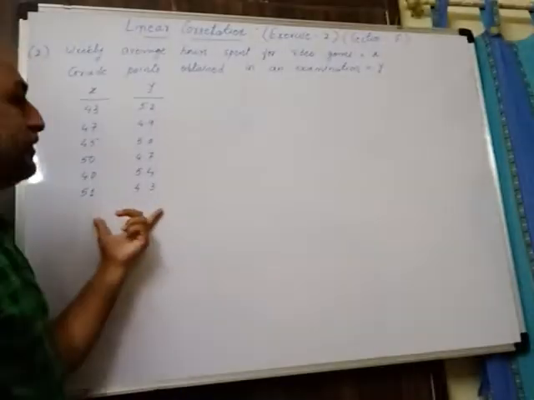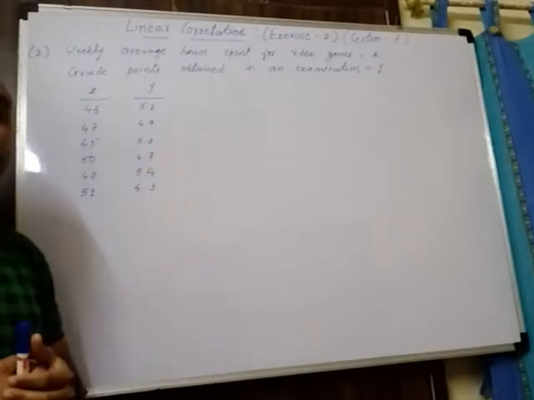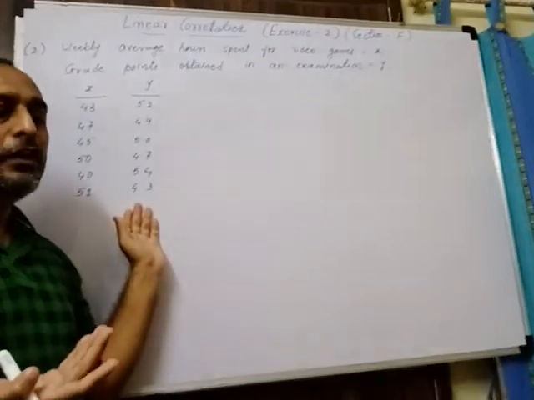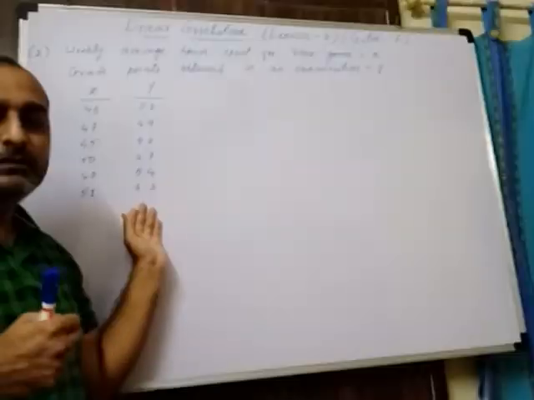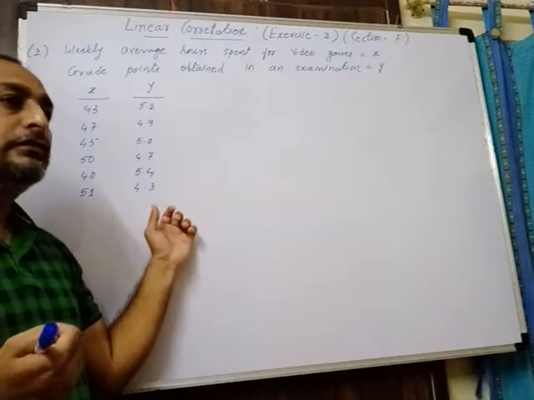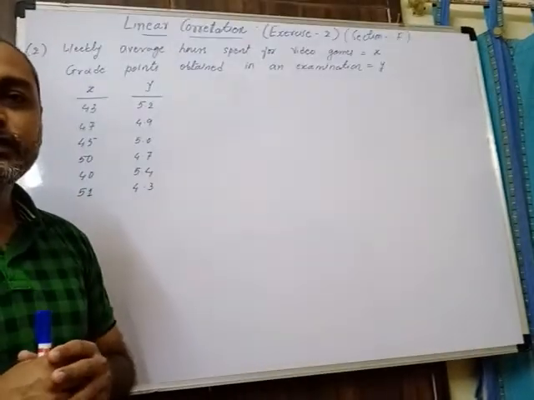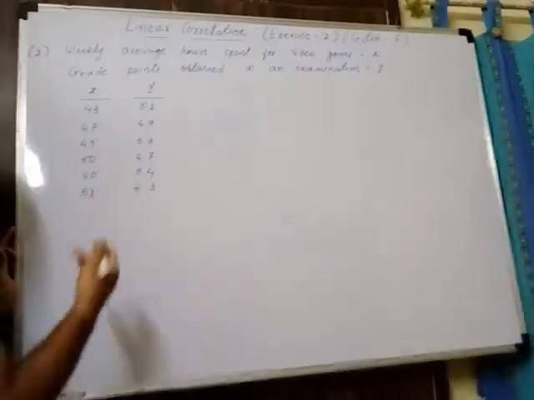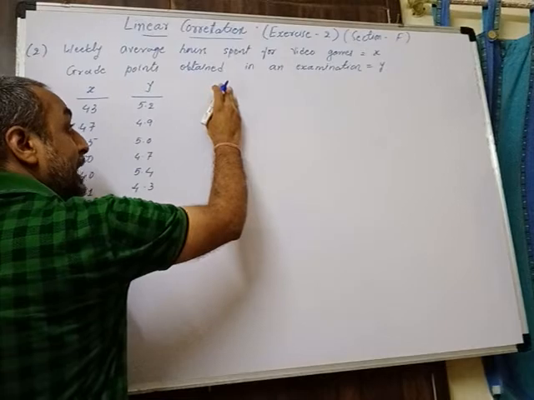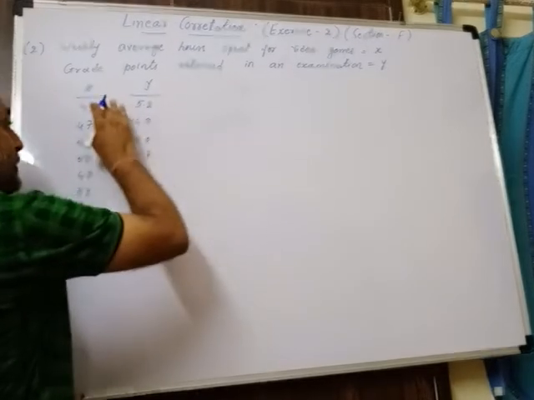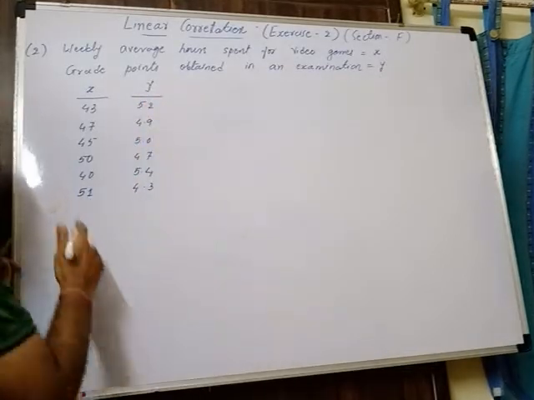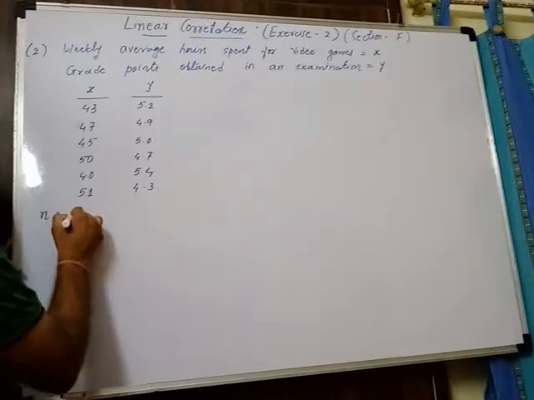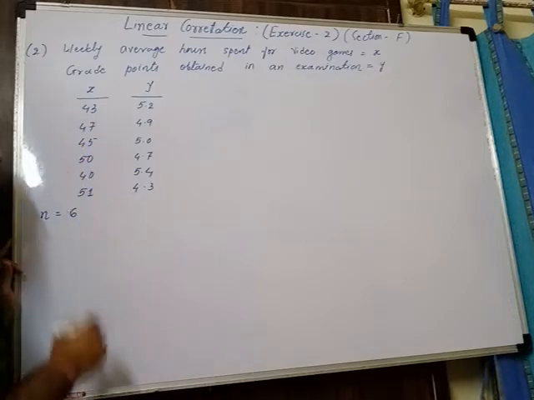Now with the help of these observations, we have to find Karl Pearson's correlation coefficient. We can use any of the methods or formulas we have seen in Karl Pearson's method, but I am going to use the shortcut method, that is the UV method. In that case, there is no need to find the totals of the x and y columns. You can directly assume any one mean value, and deduct it from the variable x observations or variable y observations. Accordingly, we will find u and v. Here n is equal to 6. There are 6 pairs of observations given, as already mentioned.